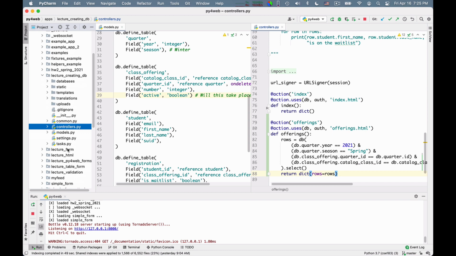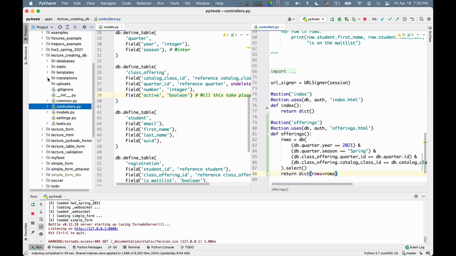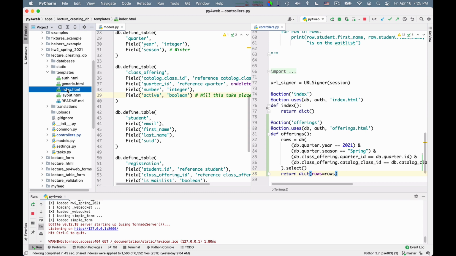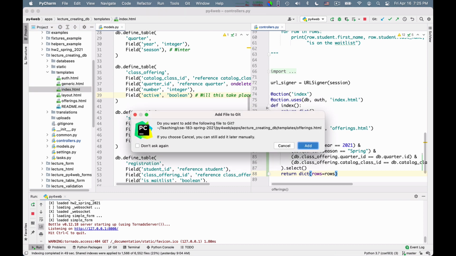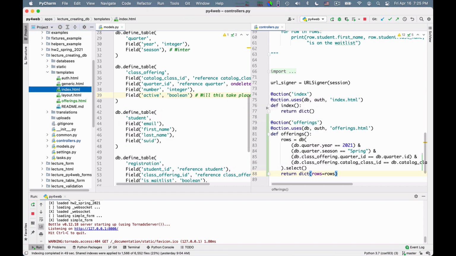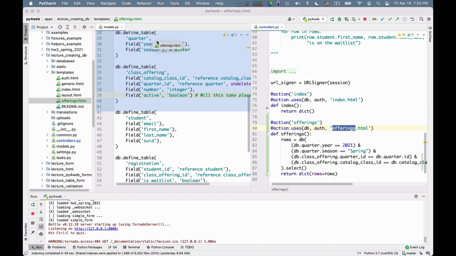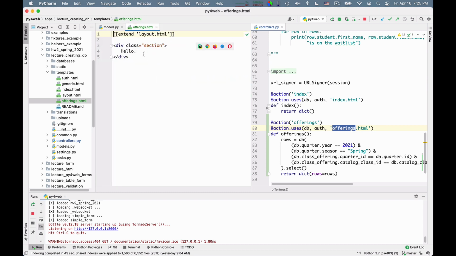Okay, so I take here in the templates, I'm gonna take the index template, duplicate it just to be fast, and call it offerings. So the name matches. And now I want to write some code here.